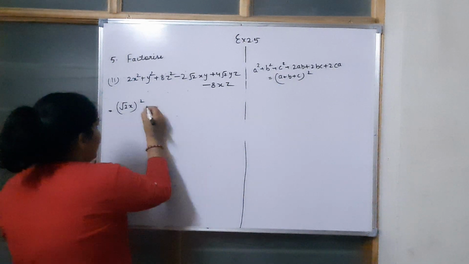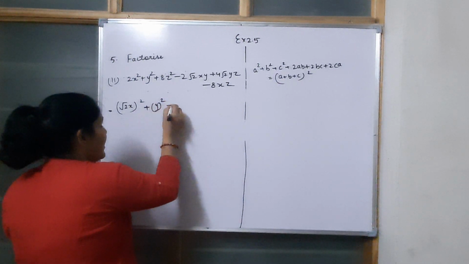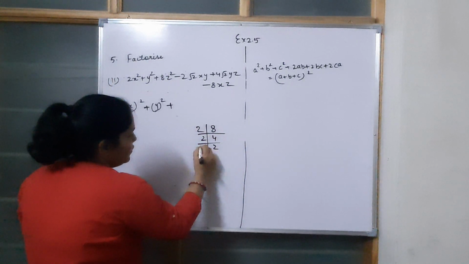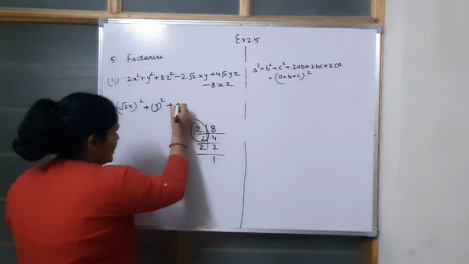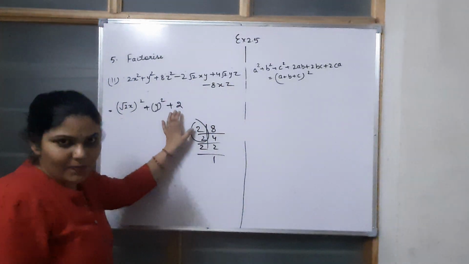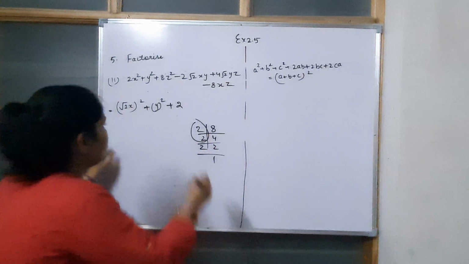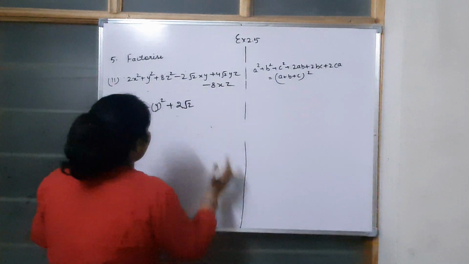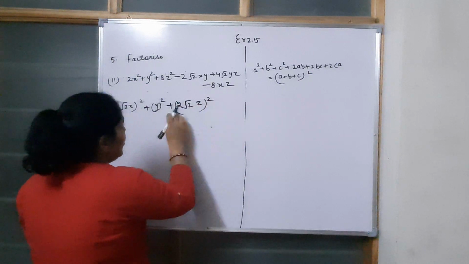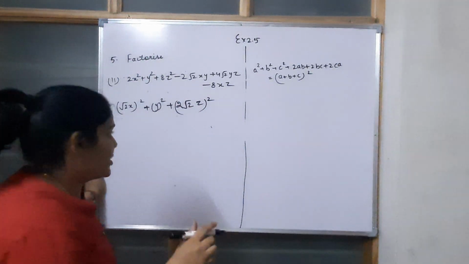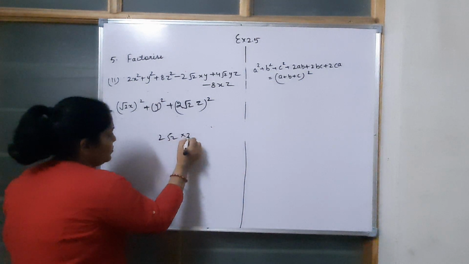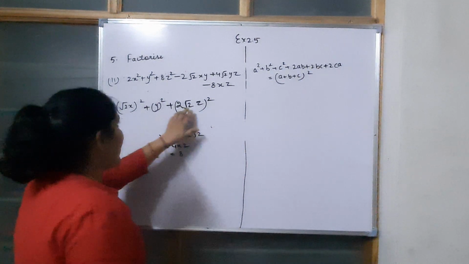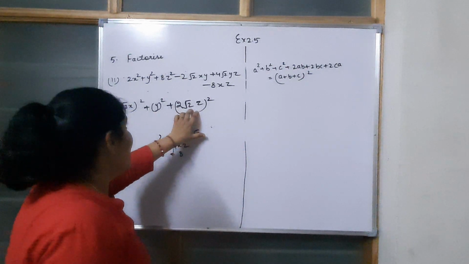Now what about y? This can be written as y whole square. 8z square. Alright, just telling you, 2 4s are 8, 2 2s are 4. So this means what? You remember how to find the square root? 2, and this will remain in root. So 2 root 2 z whole square. I hope you understood. 2 root 2 into 2 root 2 will be 2 2s are 4, root 2 into root 2 is 2, which is 8. So actually you are getting 8z squares.